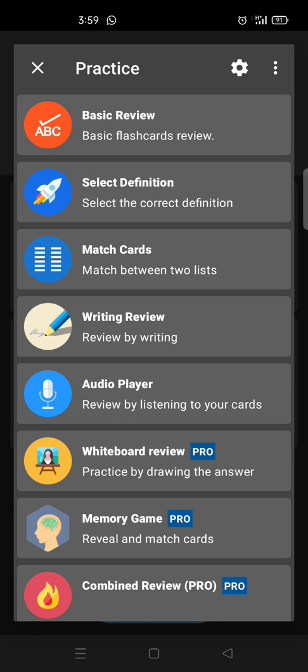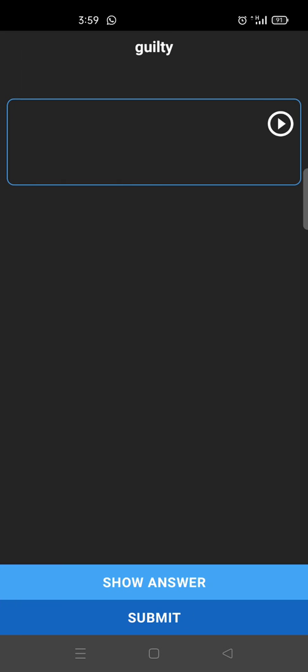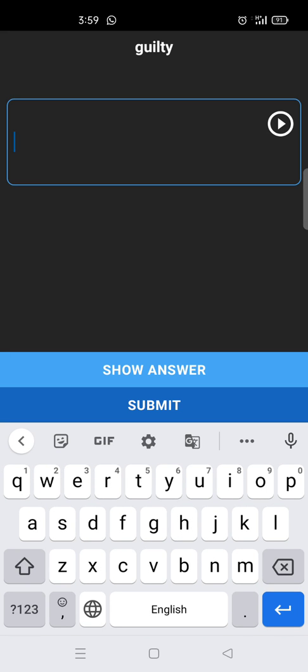Then here it is the writing mode. All they have to do, as you can see there is one word, guilty. Then the next, the opposite word, they have to type in this box. Guilty, opposite, innocent, submit.